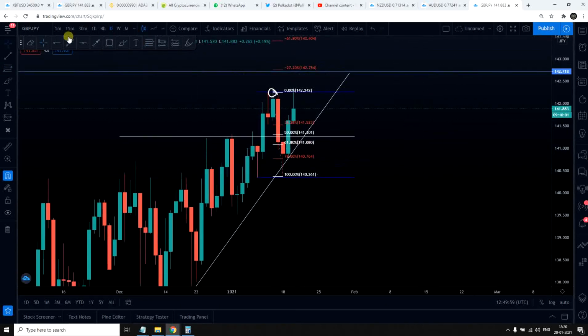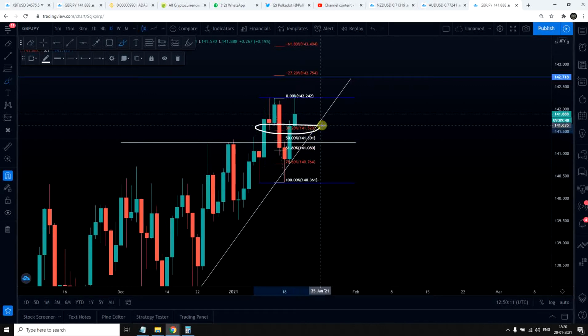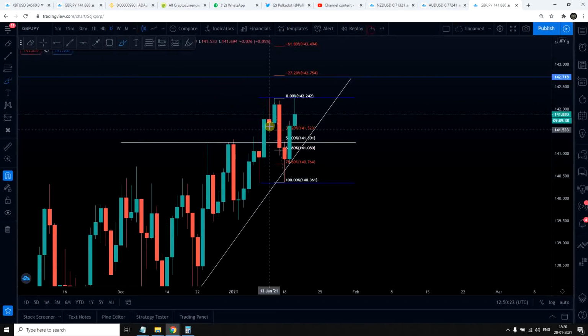Now where will be your possible area to enter? So first probability is to enter at the higher lows. So where will be your higher low? Higher low will be at 38.20 level. At the same time, we have to look for the supply demand zone, right? So this whole area is our supply demand zone.